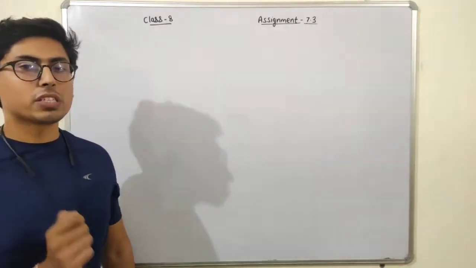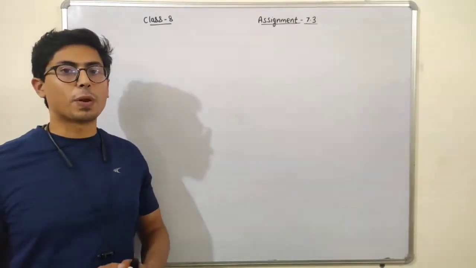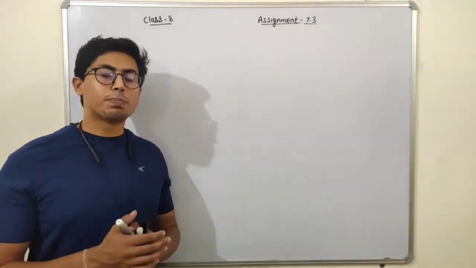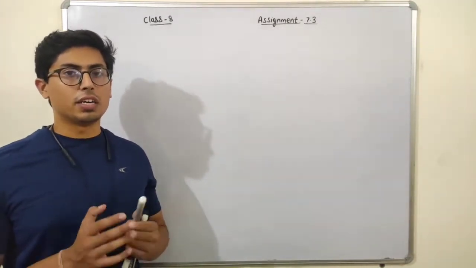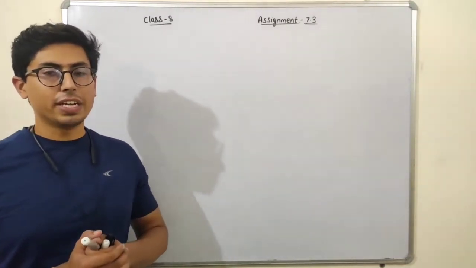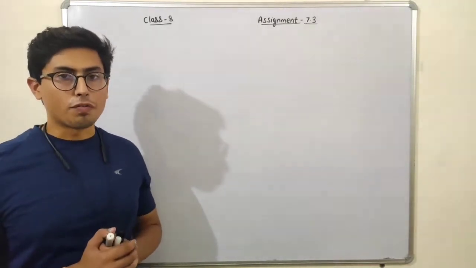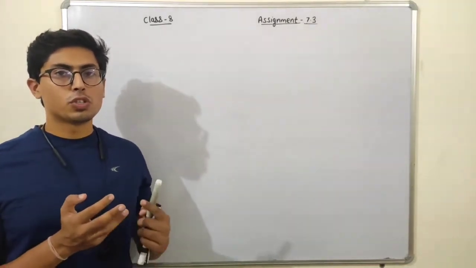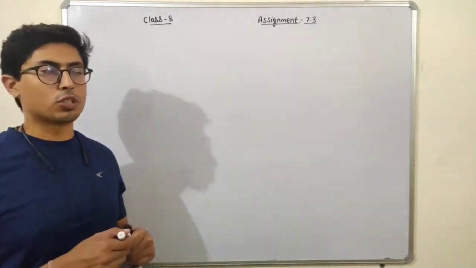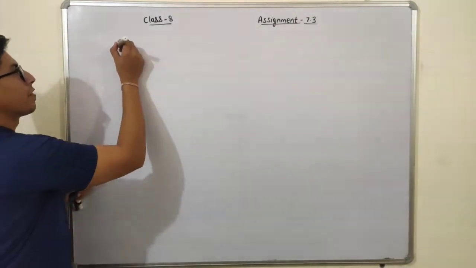Students, in today's class, we will discuss the assignment 7.3. But before discussing the assignment 7.3, we're going to discuss some of the properties of rhombus, square and rectangle. Okay, students. So see, if I take rhombus,